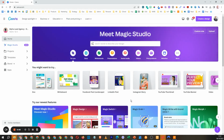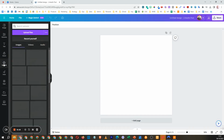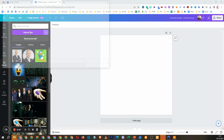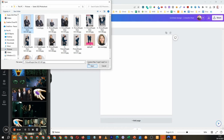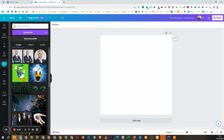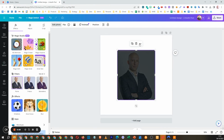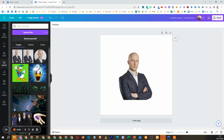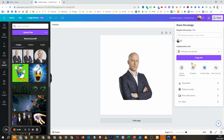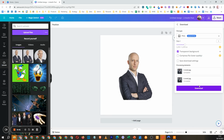We can do that in Canva, and let's do that now. We just select LinkedIn post. It doesn't really matter which of these design templates you use. It should just be a small compact one. And then we go into uploads, upload files. Let's take this picture. This picture is actually better. Let's take it, and then we're going to use it here. We're going to now go edit photo, background remover, and it has removed the background. We're going to go share and download, transparent background,